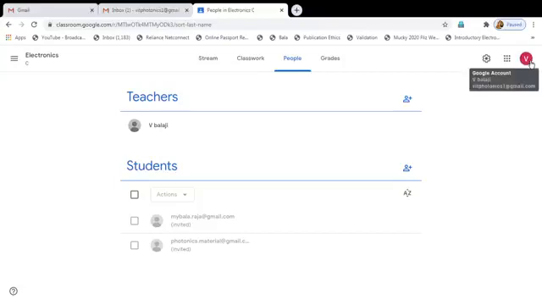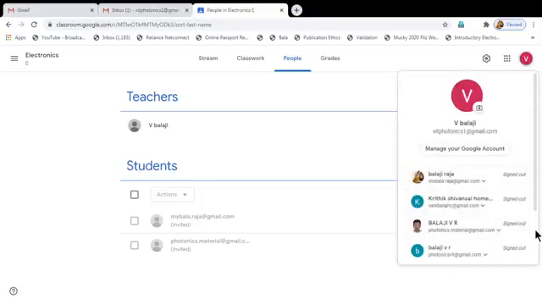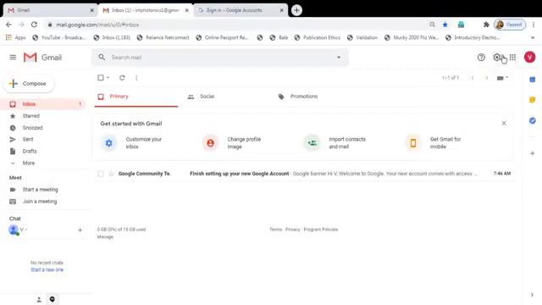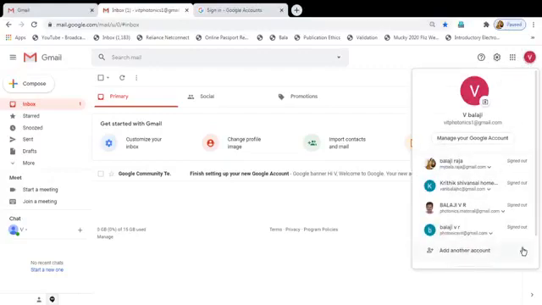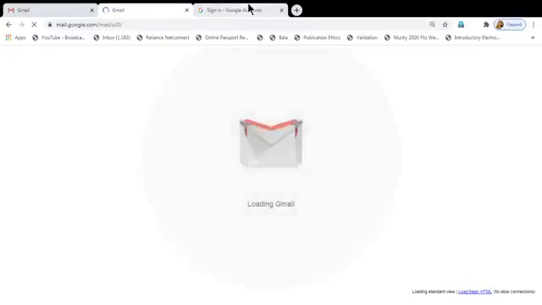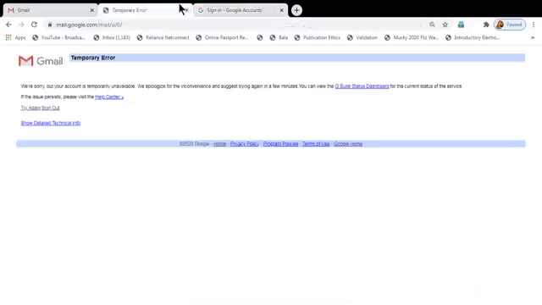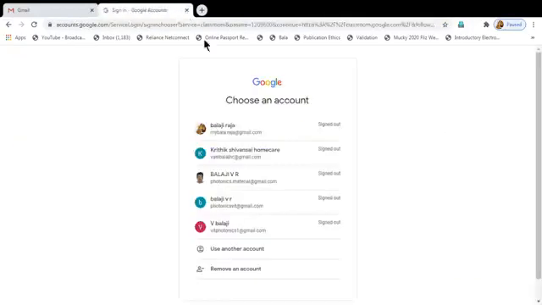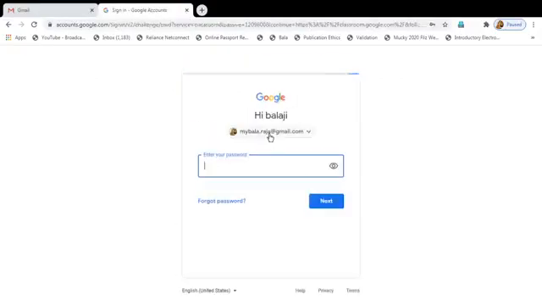I am going to sign in with the student mail ID and I am going to join the class. Then we will come back to the same faculty ID. Okay. So I am going to sign out from this page. So I am going to sign in with the student page.